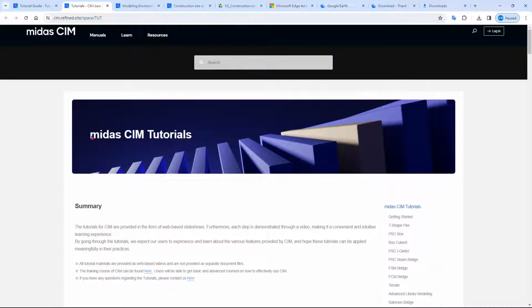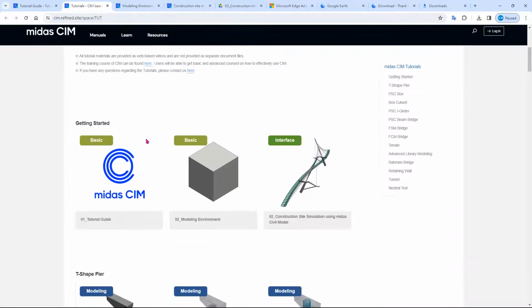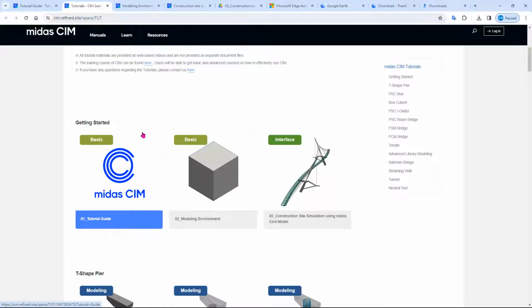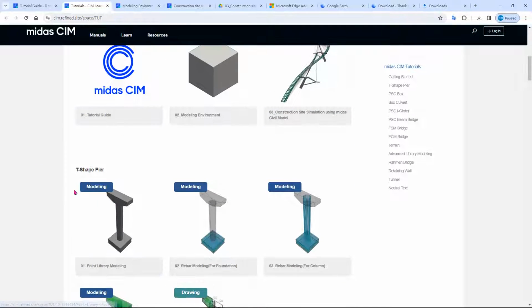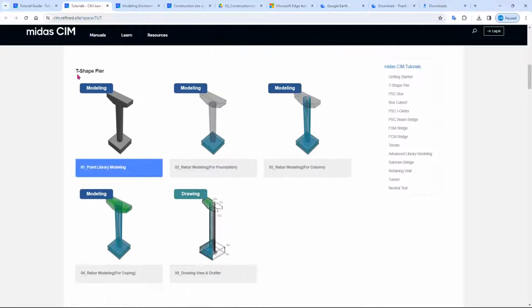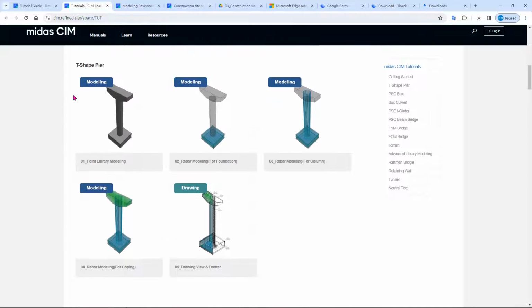You can see here that the CIM tutorial has many tutorials that we have been creating. And in here, the first one is the T-shaped pier.